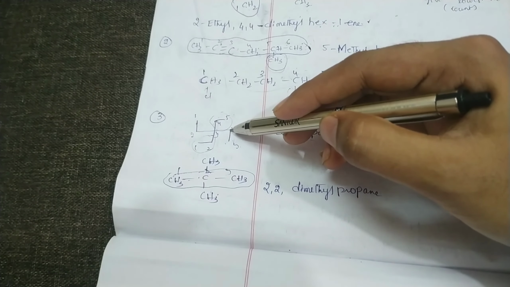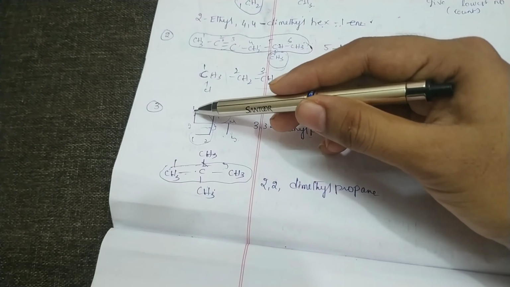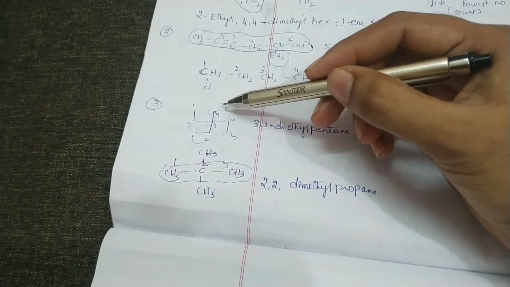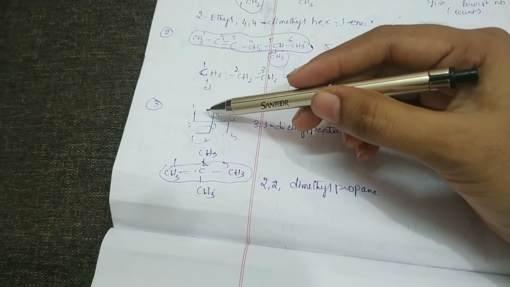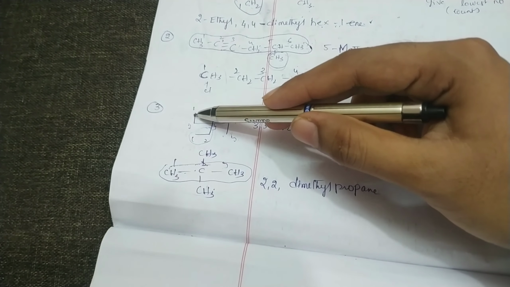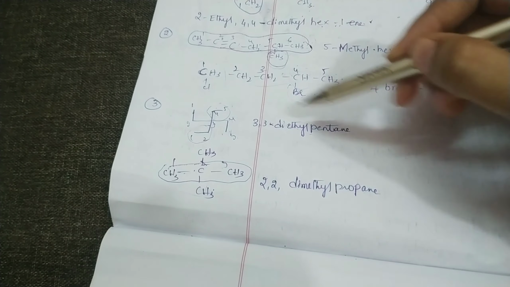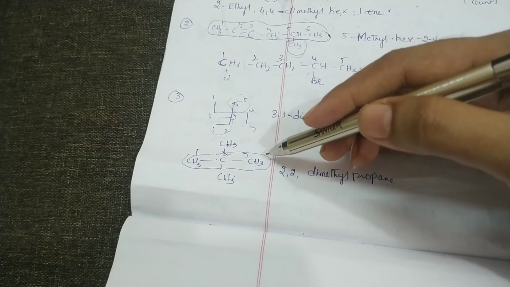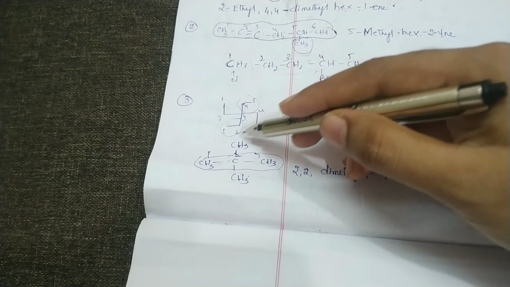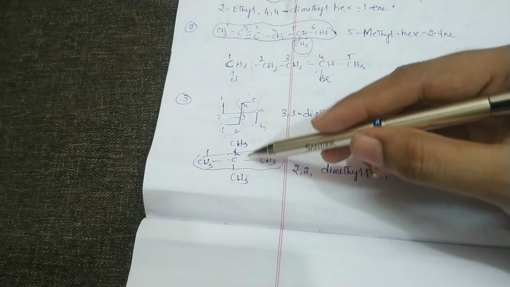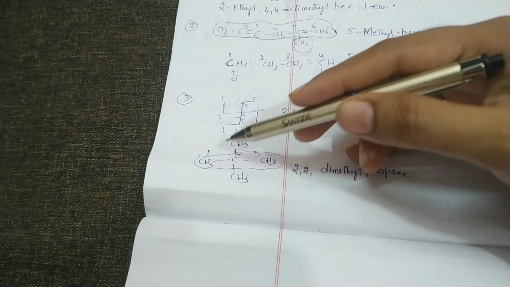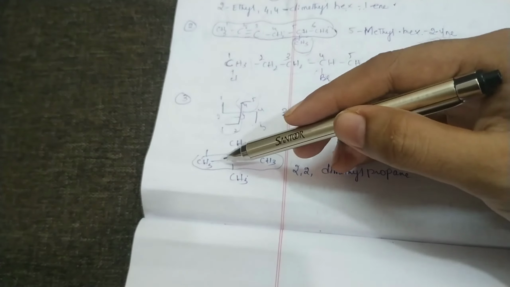So this is the parent chain, 1 2 3. Here in the third position ethyl groups are present, two ethyl groups, so we write 3 comma 3-diethyl. How many carbons? 1 2 3 4 5. 5 carbons means pent, single bond means N. So in this compound, this is the parent chain. The substituents are methyl groups. How many? 2. 2 means di. So in position 2 comma 2-dimethyl. How many carbons? 1 2 3. 3 means prop, single bond means N.